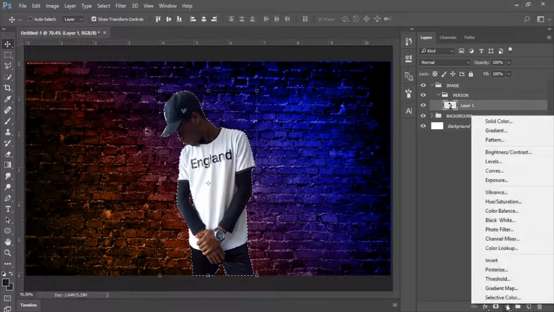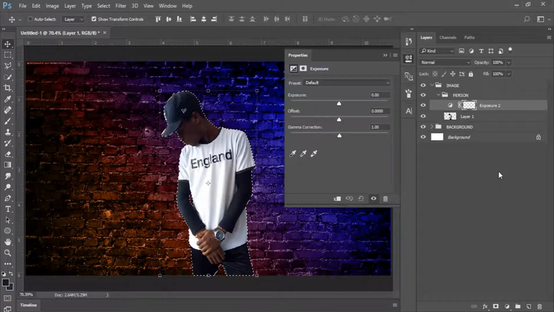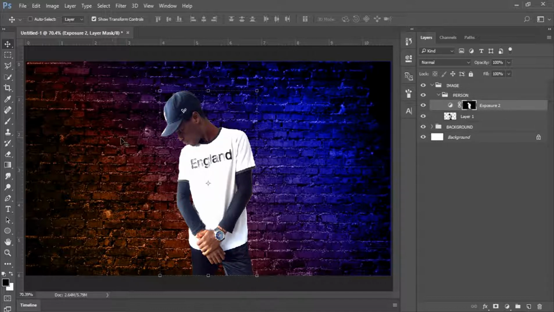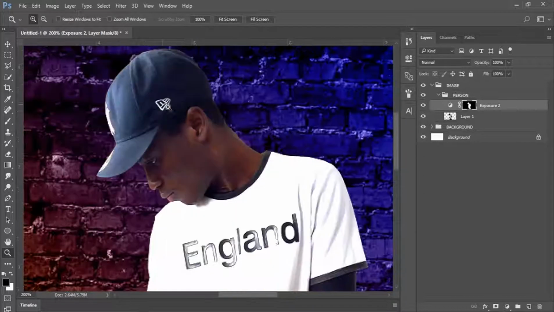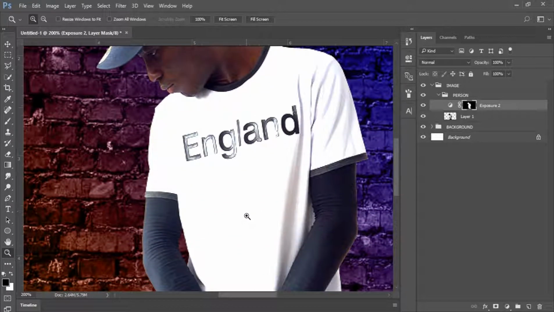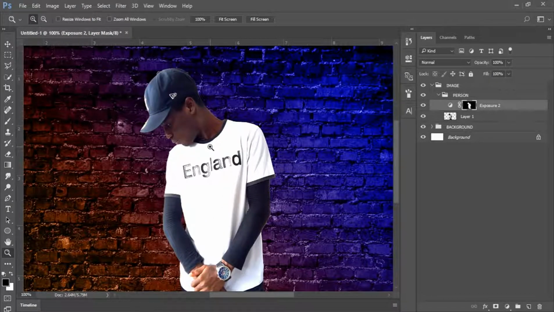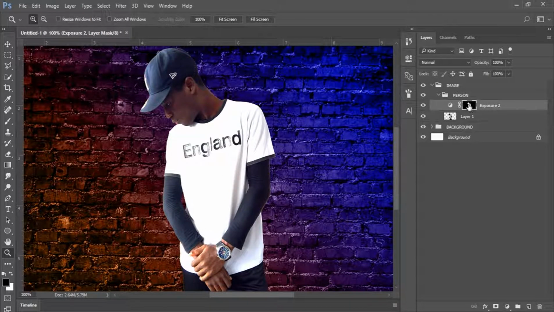So adjustment panel, exposure, then we increase the exposure slightly. Maybe okay. So plus 1.50 is okay. Then I'm going to focus more on the face rather than the body, because we don't want the body to be overly exposed. So with my layer mask selected, the layer mask of the exposure, I'm going to grab my